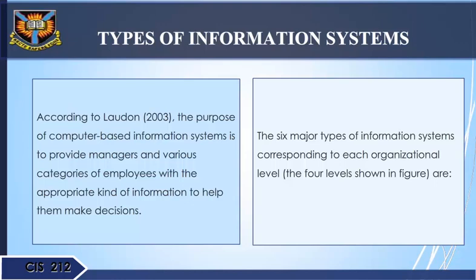According to Laudon 2001, the purpose of computer-based information systems is to provide managers and various categories of employees with the appropriate kind of information to help them make decisions. The six major types of information systems correspond to each organizational level. The four levels shown in the figure are: